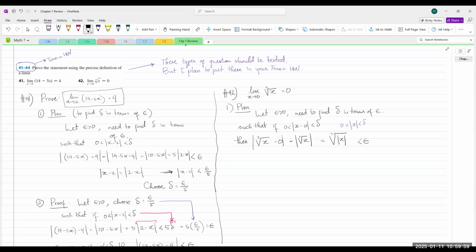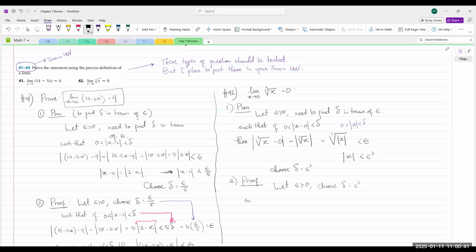Okay, so from here, we can use that the absolute value of x is less than epsilon cubed, right? If you cube both sides. So choose delta equal to epsilon cubed. Now we need to show that this choice of delta in terms of epsilon works. Let epsilon be any positive number. We choose delta to be epsilon cubed